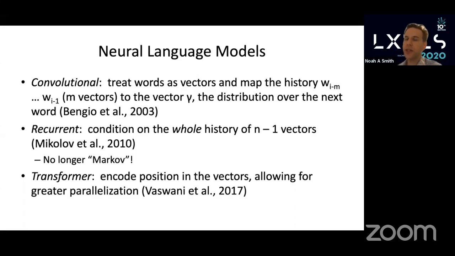More recently, just a few years ago, we saw the introduction of another kind of neural network called the transformer. And there are a number of things we could say about this. I'm not going to teach you the whole transformer in this lecture, but the key idea, I think, when I look at this model is that you no longer are really treating the history of vectors as a sequence. Instead, you're extending the vectors so that they encode the word's positions. So there's a vector associated with being at position 4 or position 7 or whatever, and that's appended to the word vector. And so now you have essentially just a collection of vectors that can get plugged in,